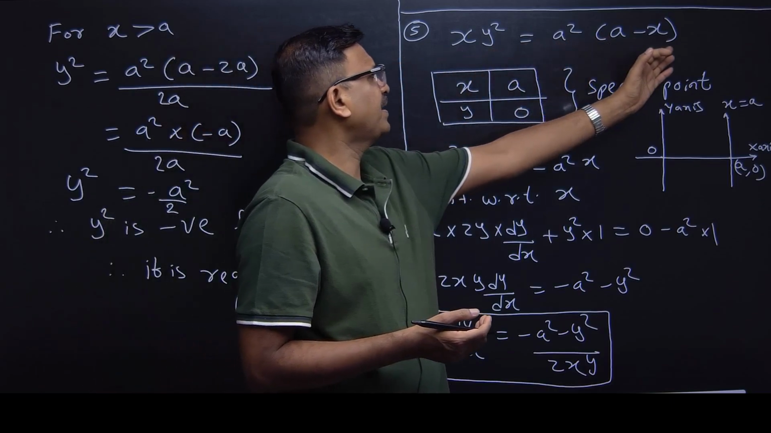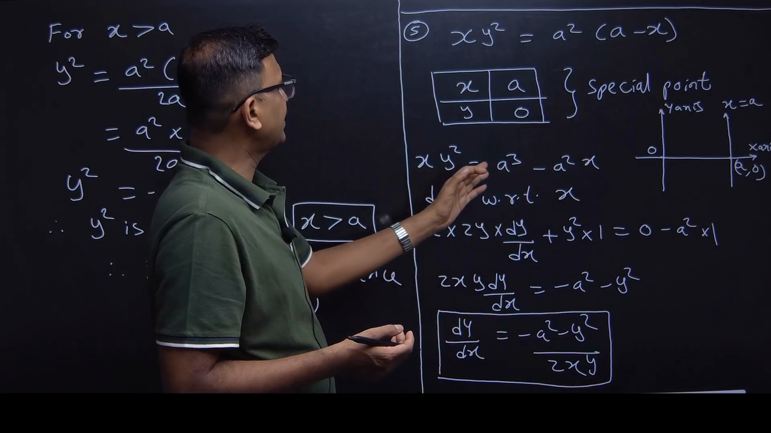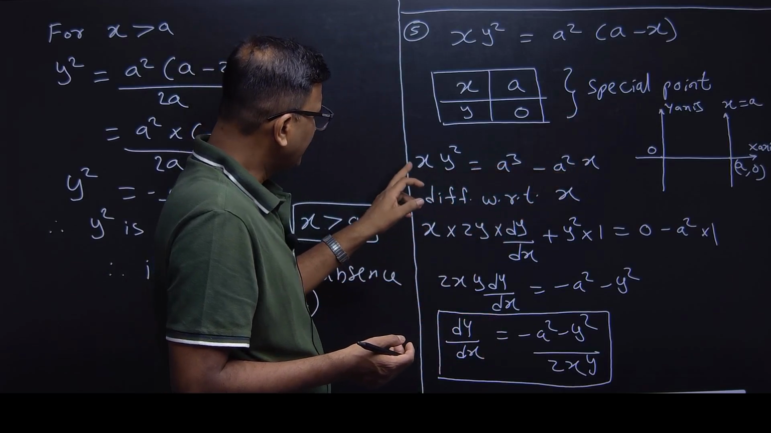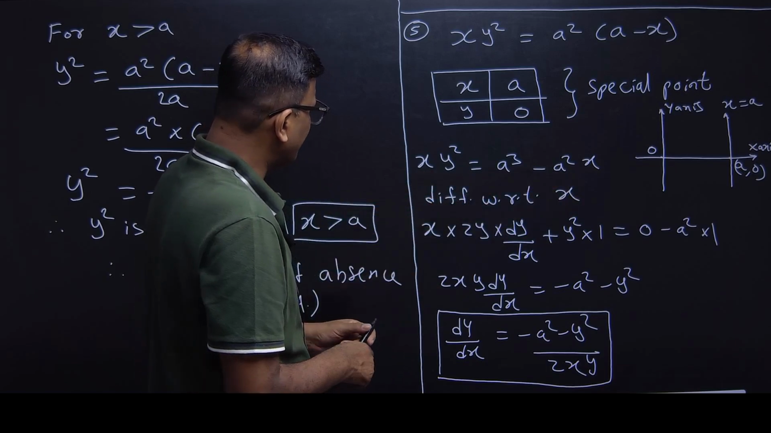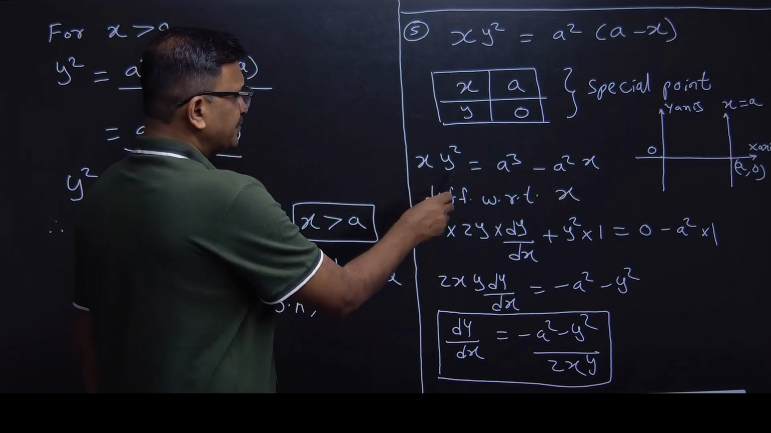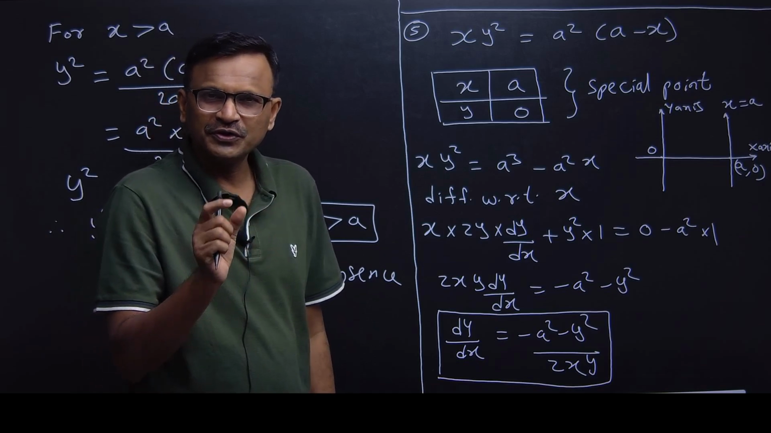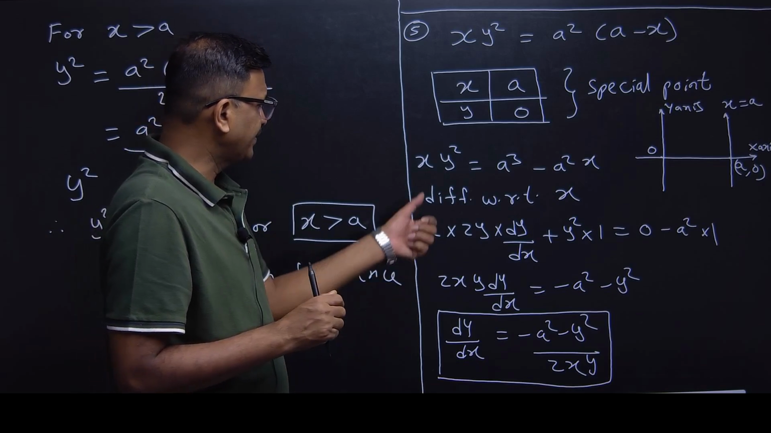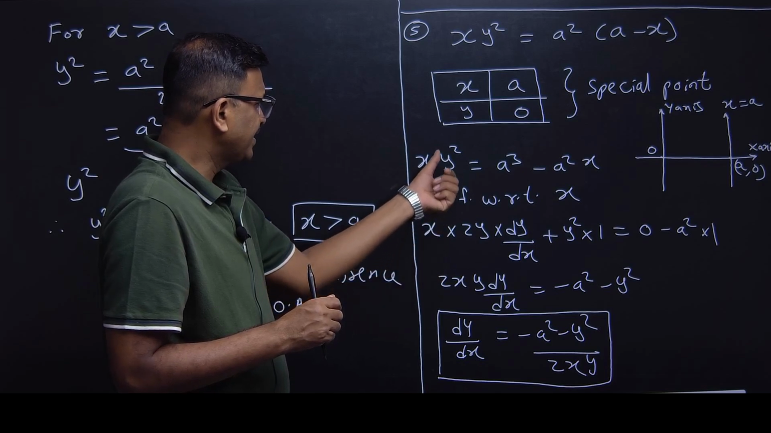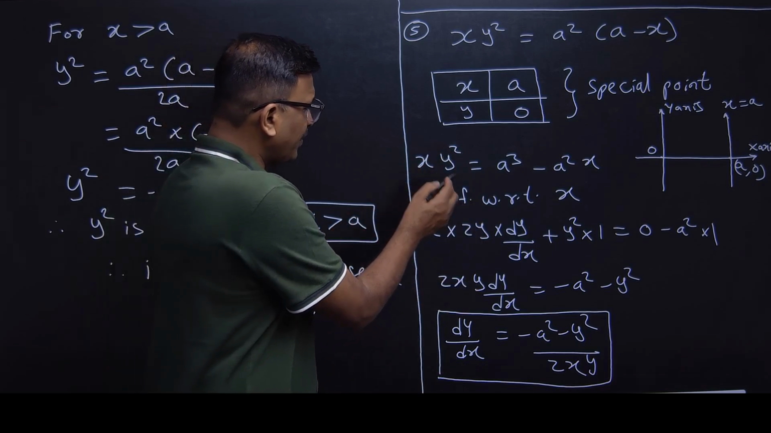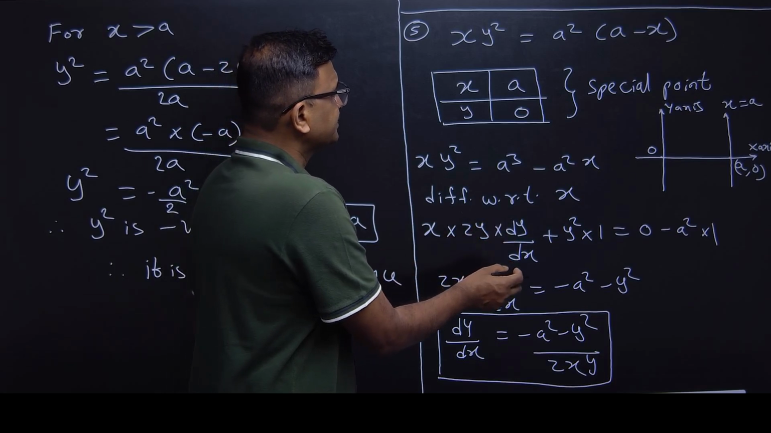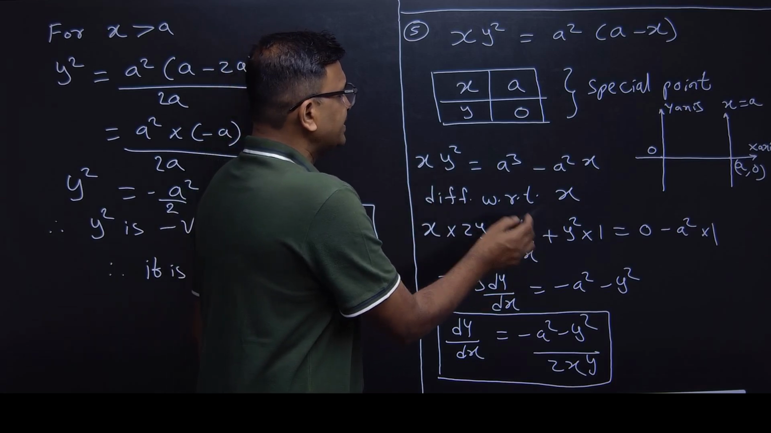What I've done, I've expanded this bracket. So I got x y square is a cube minus a square x. If you differentiate this equation with respect to x, for this term x into y square, I'm applying product rule, u into v formula will apply. First we keep x as it is. Derivative of y square is 2y into dy by dx plus this y square as it is, derivative of x